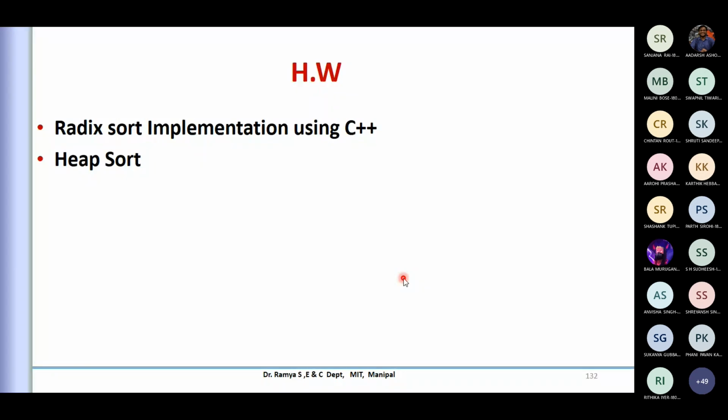Then there is one more sort which is similar. Most of what I discussed was with arrays, but it can go for any kind of tree also. One important, commonly used sorting for the tree is heap sort. Binary tree, because we have already studied what a heap is and how it can be represented. There is a max heap and so many other concepts.